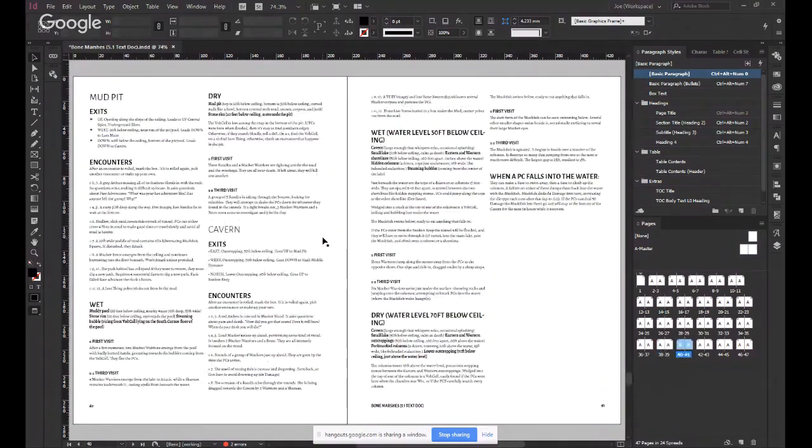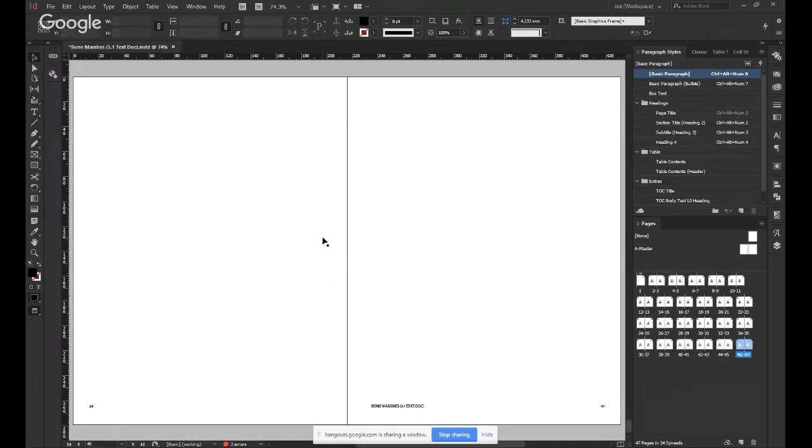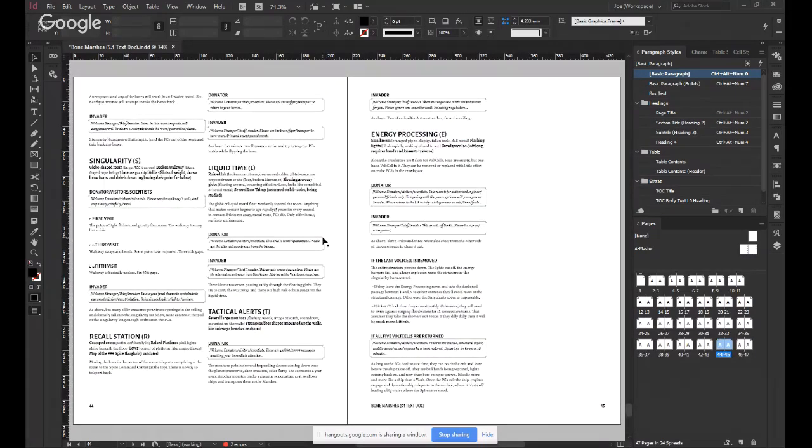That notwithstanding, the Mud Pit is there. The Lava Maze is there. The Vault follows on from the Lava Maze kind of directly anyway. And then that is it. That is the end of the book as written there. So you can see that we're starting, notwithstanding,